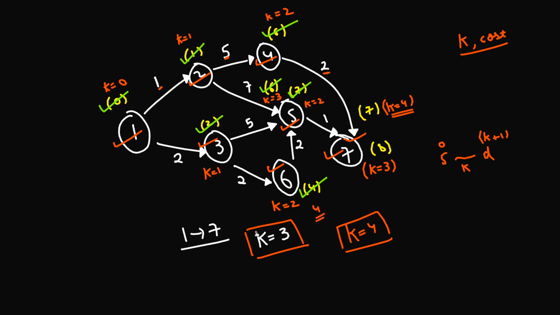Okay, so just forget about this k. Let's say this is capital K and this is small k, and the maximum k that I can consider at this destination node is k equals 4. So that's what I'll be considering. So with k equals 3 I can have a minimum cost of 8, with k equals 4 I can have a minimum cost of 7. So I'll be taking the minimum of these two, and I can say that I can reach this particular node 7 at the minimum cost of 7, and I can do that with k equals 4. That means that the destination node is going to be k equals 4.